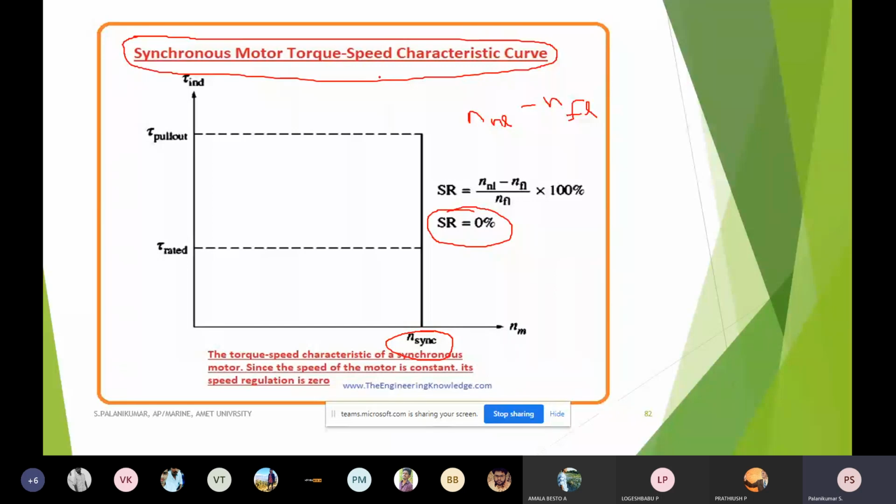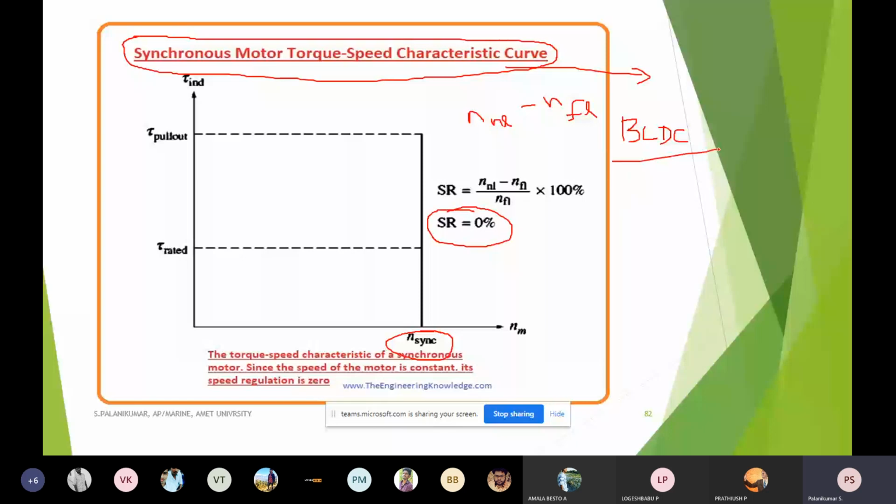Instead of that, if I'm running it as a motor and it is having a built-up winding, electronically, if I have a rectifier arrangement in the rotor circuit without any external electrical supply, I can convert this into a BLDC, a brushless DC motor. So that is a new concept.